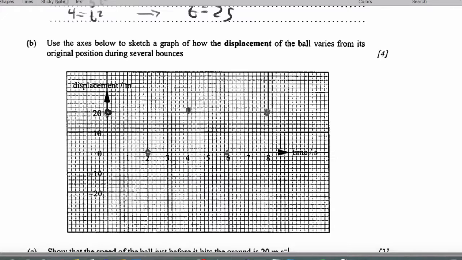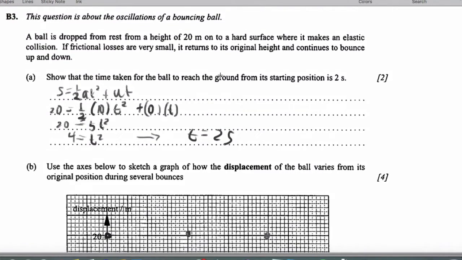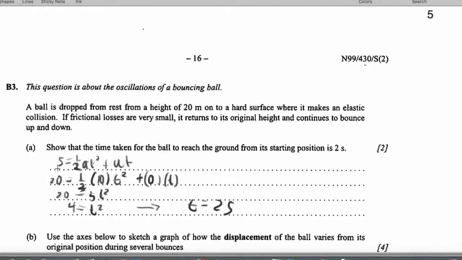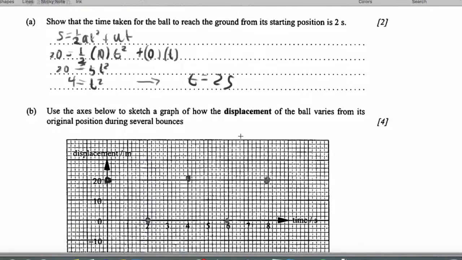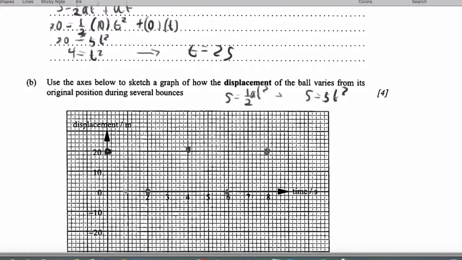Let's be clear, though. As it falls, it's actually going to fall in the shape of a parabola because this is the equation that describes it. Its displacement is S is 1/2 AT squared, which in this case is S is 5t squared. Just to be clear, in 1 second it's actually going to fall